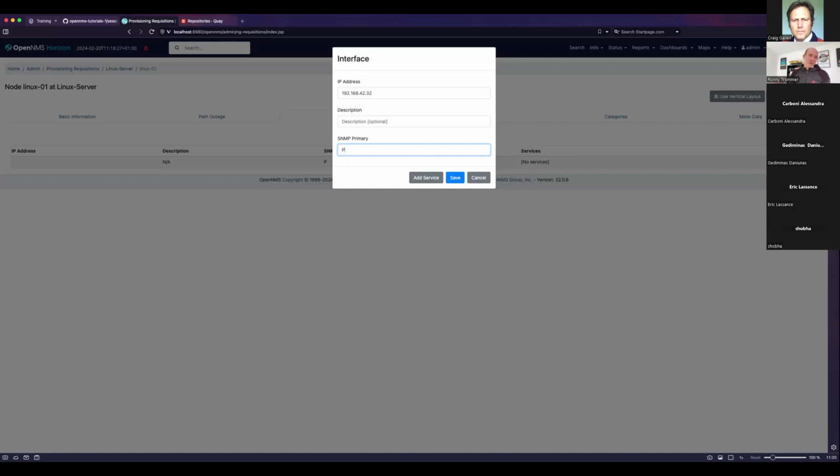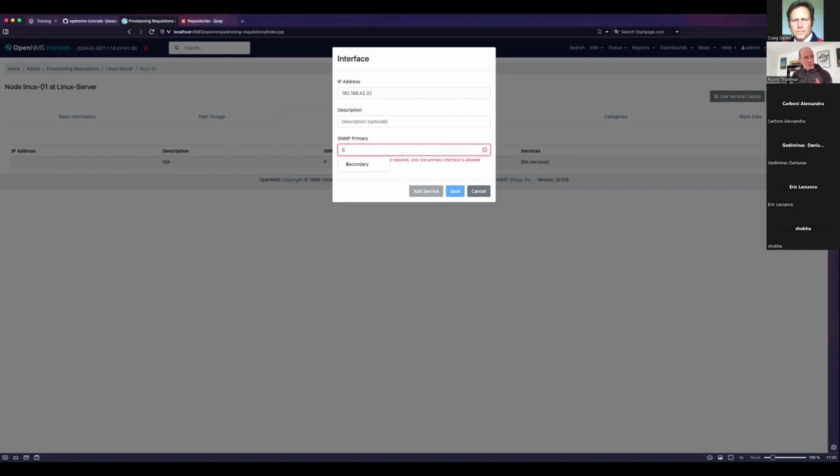So in OpenNMS, there's a way to define the primary interface. That's usually your management interface where you want to make SNMP available. OpenNMS will try the primary interface, and you can also have secondary interfaces. If the primary interface is down, it will fall back to a secondary interface to fetch metrics from a different IP interface.